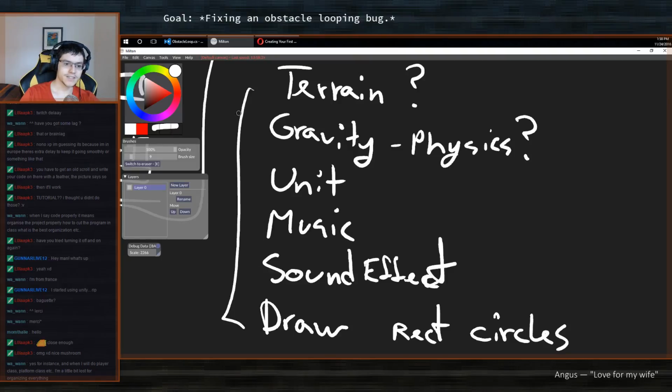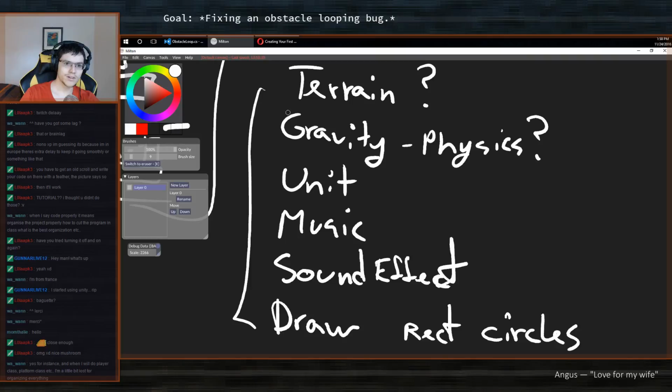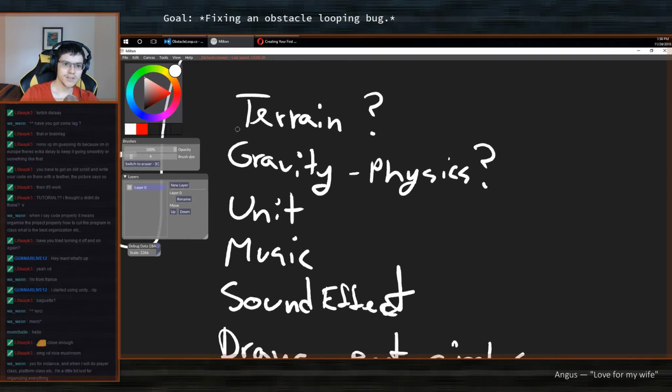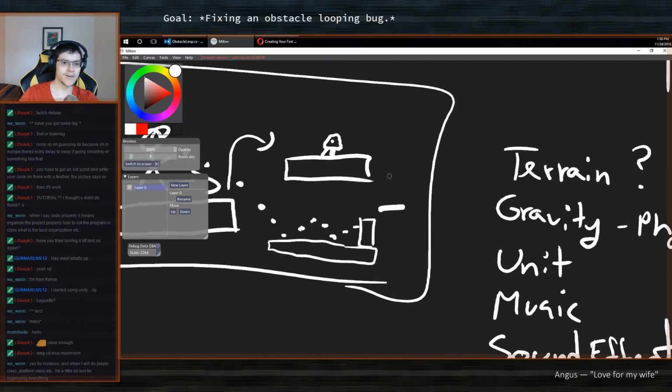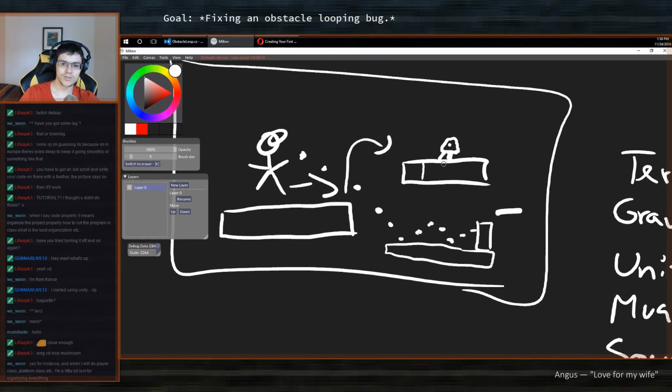Which is kind of easy because you don't need to really understand what you're thinking about. You just need to understand that there will be some terrain. I don't know how it will be coded, but I know I will need to have something that represents a terrain in the game. So those sort of blocks.